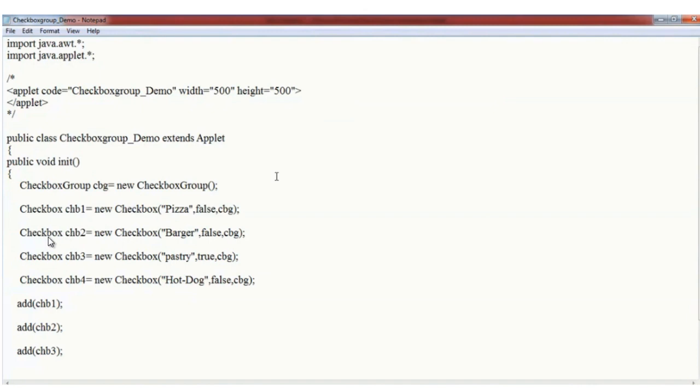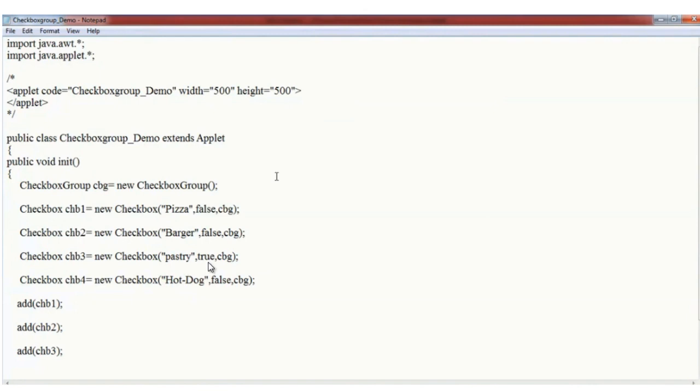Then for the second checkbox, chb2 = new Checkbox("burger", false, cbg). Here again this is the second checkbox, the name is burger, and cbg is the name of the object of the checkbox group. Then we are creating a third checkbox, that is chb3 = new Checkbox("pastry", true, cbg). Here pastry is the name of our third checkbox and it is true.